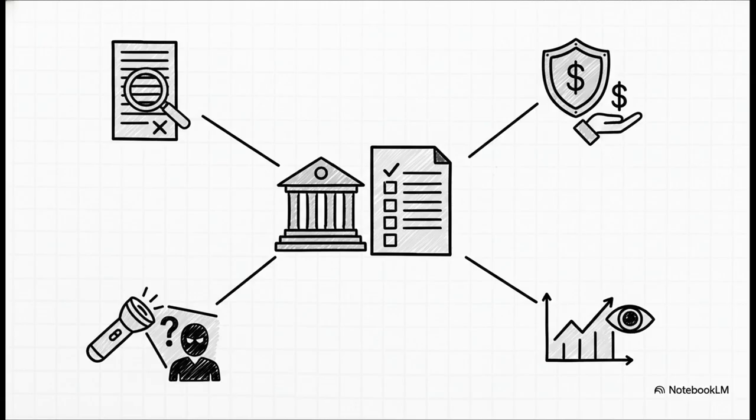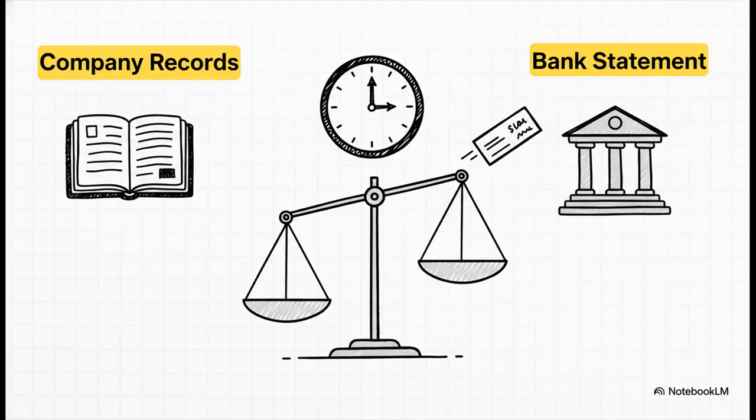to protect it. Now, when you first do this, don't be alarmed if your bank balance and your company's records don't match up exactly. The source material explains that this is totally normal. It's usually just due to timing differences, like maybe you've written a check that the other person hasn't cashed yet. The whole point of the reconciliation statement is to systematically identify and account for these items to bring it all